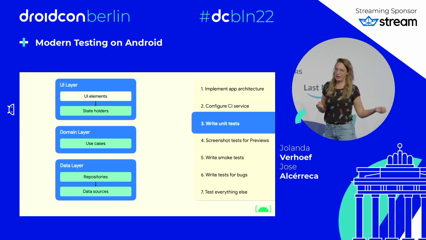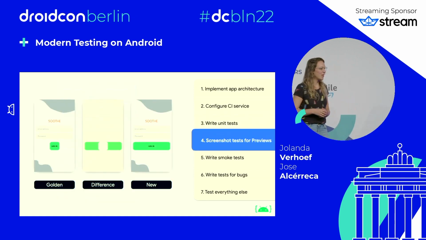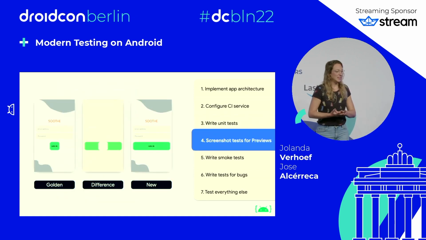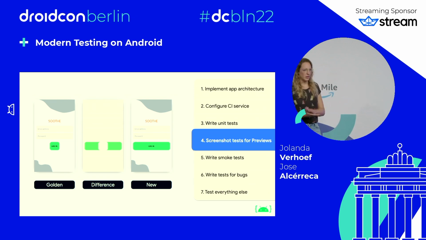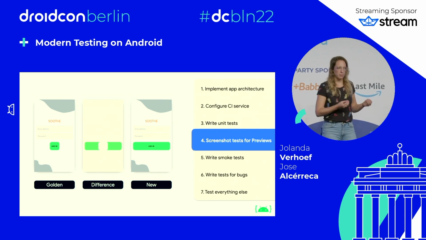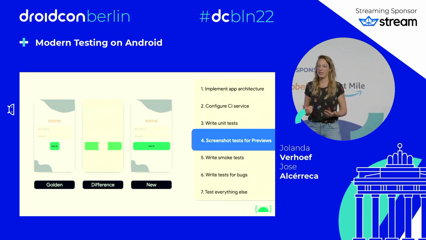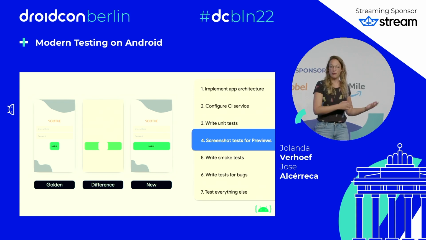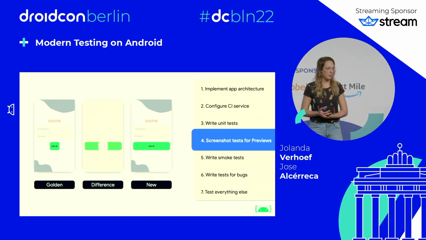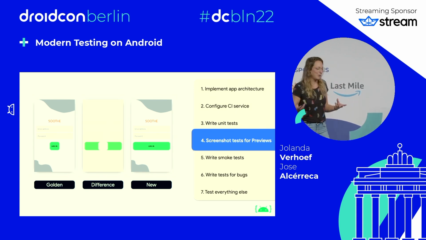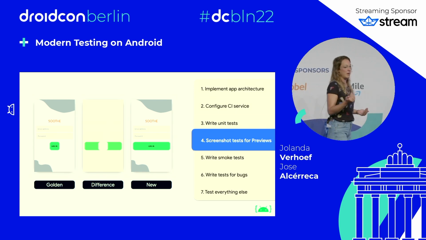And as we saw in the intro, that is quite valuable. Our fourth recommendation is to use Paparazzi that we just discussed and an extra library called Showcase. This is specifically for when you already write some Compose code and you have previews. Because what Showcase lets you do is automatically create screenshot tests for every preview that you have in your app. So it is a quick win, right? It will not fix everything, but it will be a nice quick win if you already have